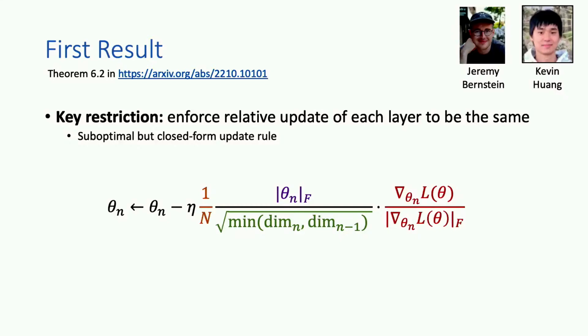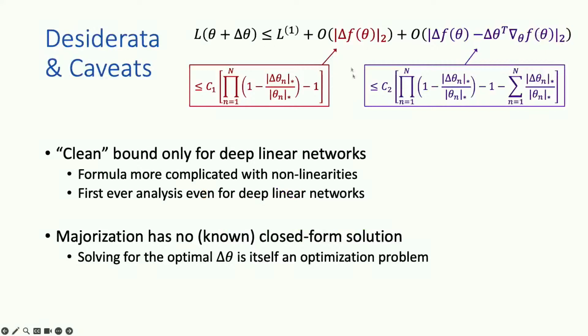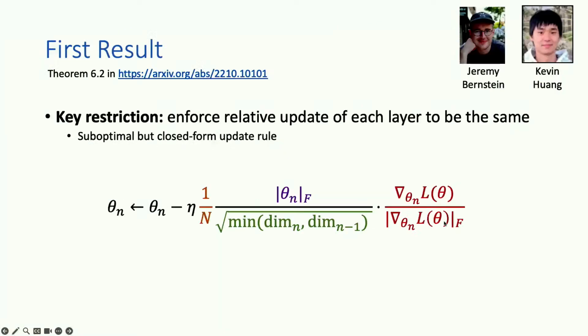And that is, okay, what if we enforce the relative update of each layer to be the same? So now we're constraining this majorization further. We're saying we only consider solutions to this majorization where the relative update of each layer is the same. So for example, each layer is only updated by 10% or 5% relative to the magnitude of the weights of that layer. So what this means is you get a suboptimal but closed form update rule. But it's suboptimal with respect to a more nuanced and accurate, if you will, majorization of the optimization problem. And so let me walk you through what this